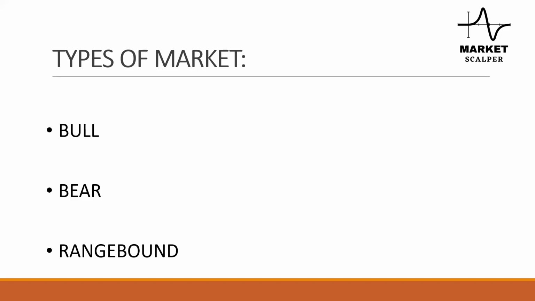So now let's look at what is bull and bear. Basically there are two opposite phases of the stock market. In bull, the prices will continue to increase in an upward trend, and in bear market, the prices will continue to decline in a downward trend. In a day, we can observe one particular trend or both trends as well. If the prices keep rising higher and higher throughout the day, then it is following a particular trend. Such a market is called a trending market.